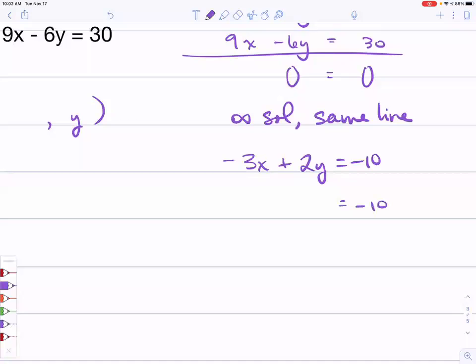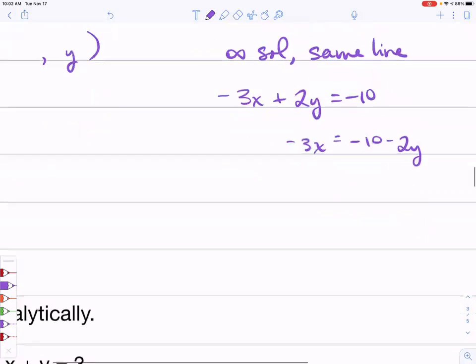Okay, so that'll be a negative 10 minus 2y is equal to negative 3x. And then divide both sides by a negative 3. Now, can we clean up that right-hand side a little bit? Yeah, it would be all positive because every single term is negative. Okay, and so